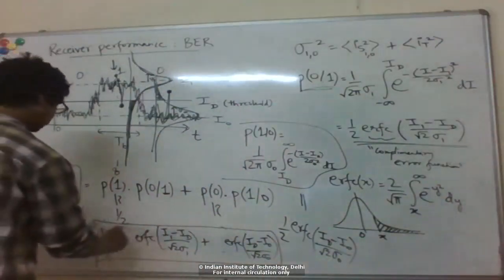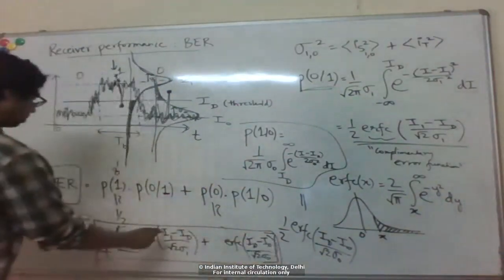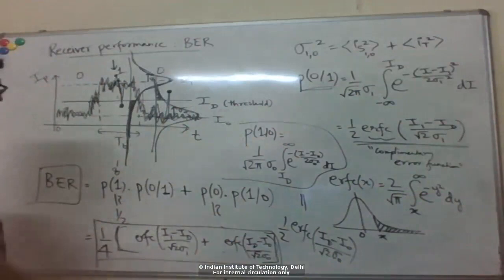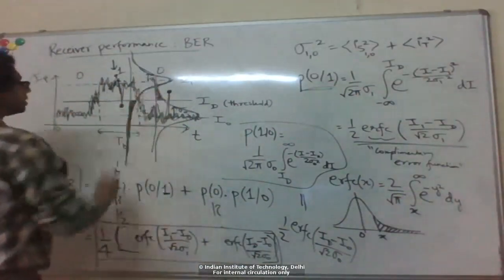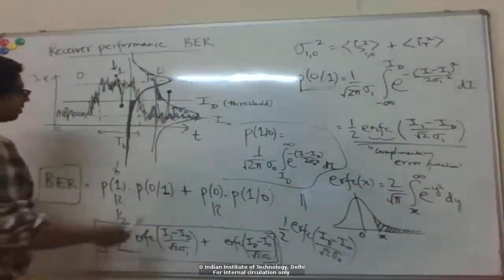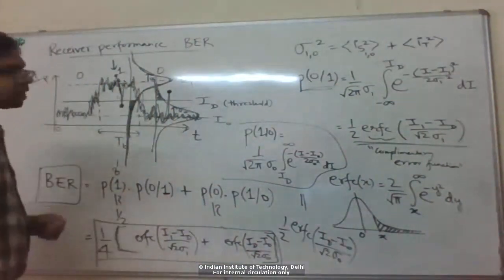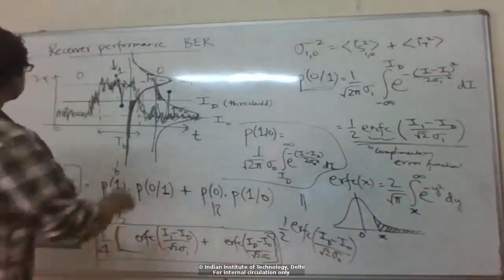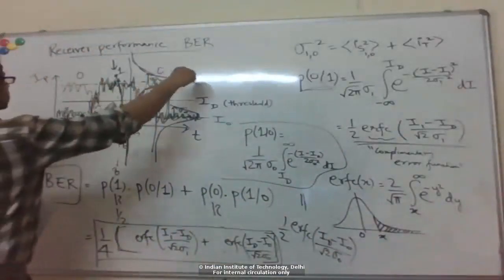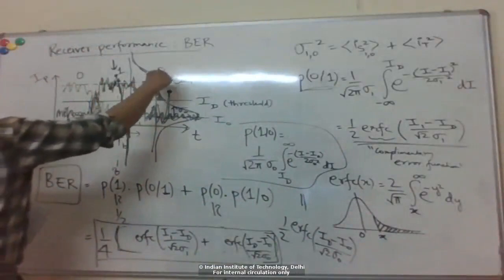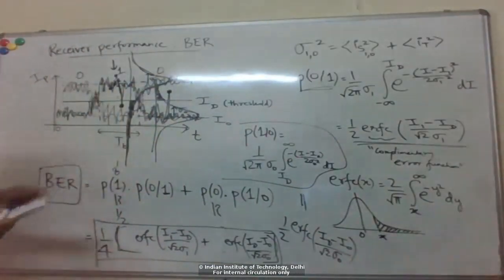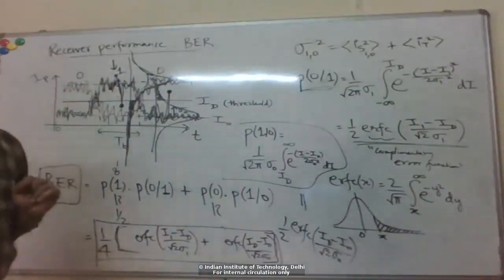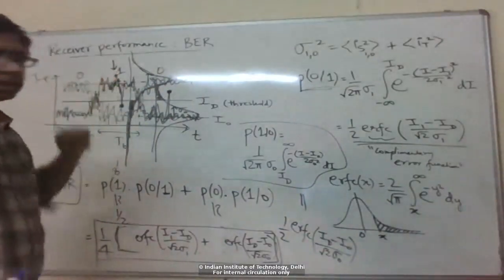So I1 is the mean current that I get for bit 1, I0 is the mean current that I get for bit 0, sigma 1 and sigma 0 are the variances, which I can measure if I take a bunch of samples, like you do when you make this eye diagram. You overlap all of these, so you can see this eye here. If the signal to noise is large, then the eye will be more open, and you can set a nice threshold, and you can get